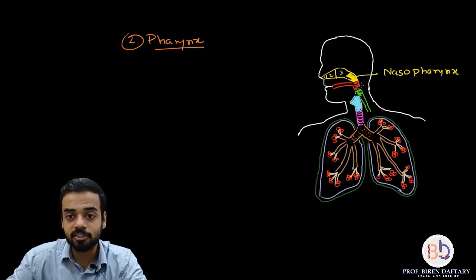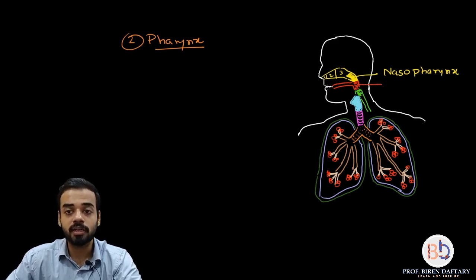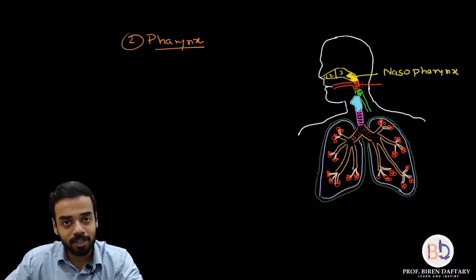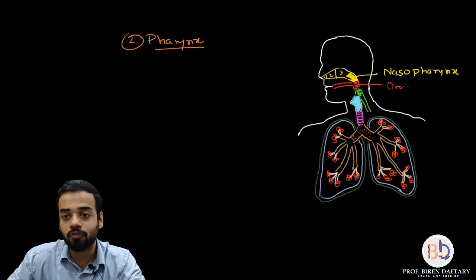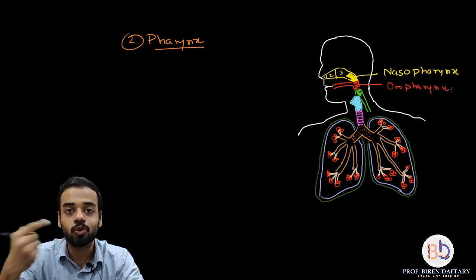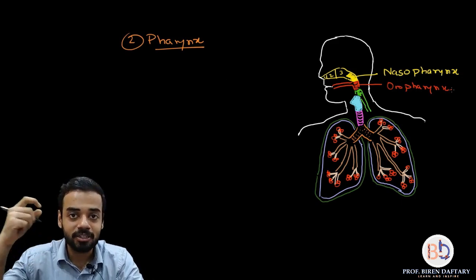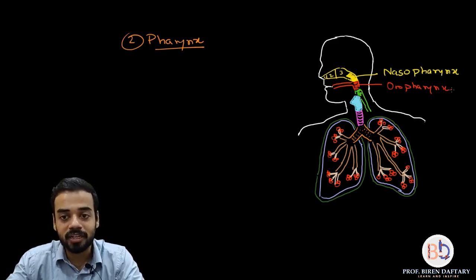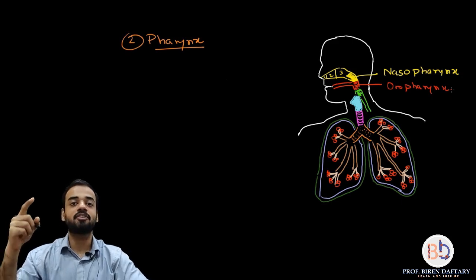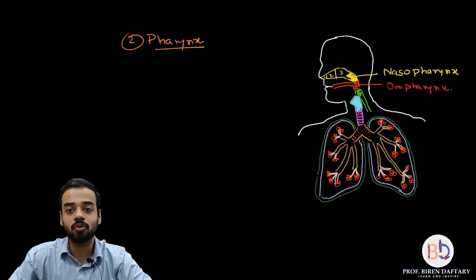Similarly, this red part of the pharynx, this is the mouth, and the mouth has the oral cavity. Everybody knows that the oral cavity continues into the pharynx, which is called the oropharynx. This is very easy to remember. Naso is nose, oro is oral cavity. So the nasal cavity or nasal chamber continues into the nasopharynx. The oral cavity continues into the oropharynx. So if a question is asked which is the first part of the pharynx, then the answer is nasopharynx. After that is the oropharynx.